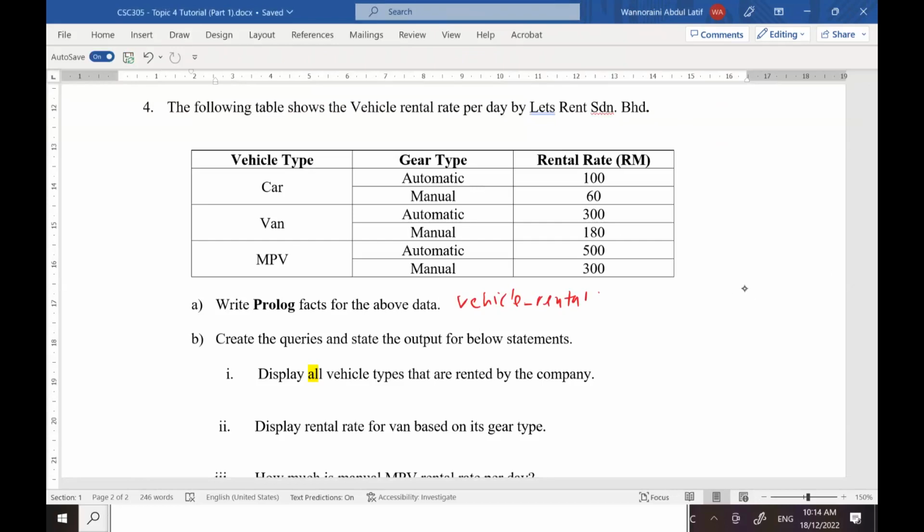Okay. And then inside the parentheses, car. Lowercase or uppercase? Lowercase. Okay. And then automatic, lowercase. Automatic. And then 100. And then the car for manual, 60. Okay, don't forget the period sign. Don't forget the period, otherwise there will be an error. Okay, then continue with car,